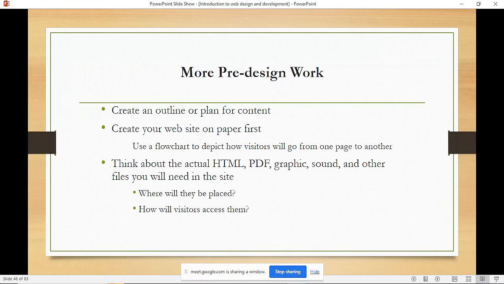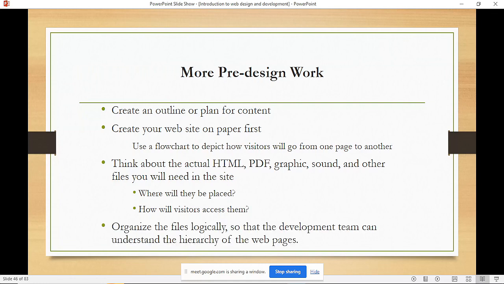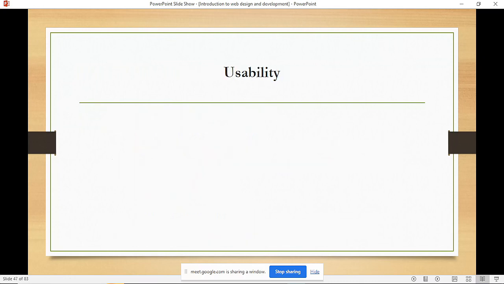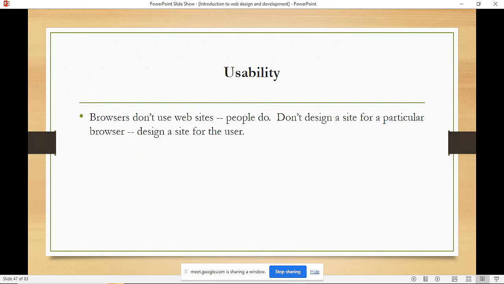Know if you're going to have videos, images, where are they going to be placed? Do you have enough space in it? How will the visitors access them, specifically if they're being downloaded? So these are things that you need to factor in, because you need to give permission to the various files and folders. So usability aspect is very, very crucial,